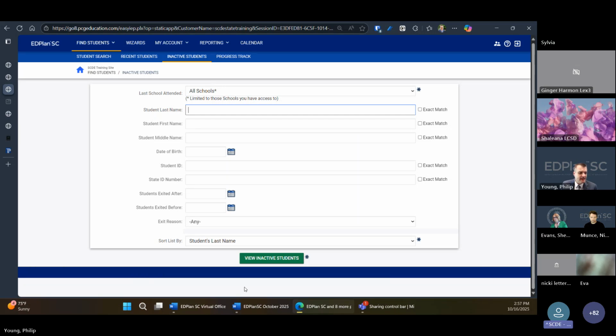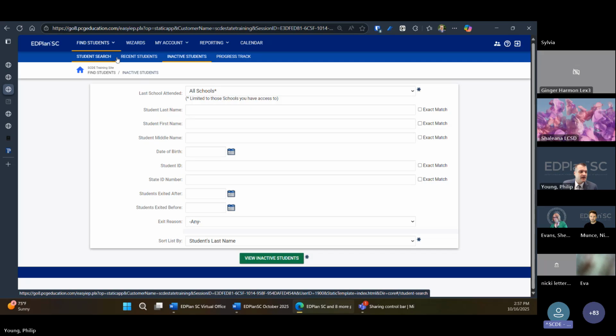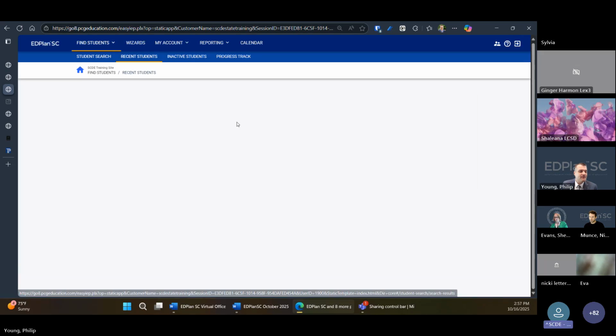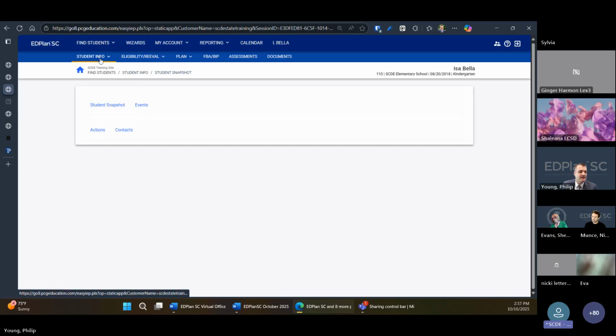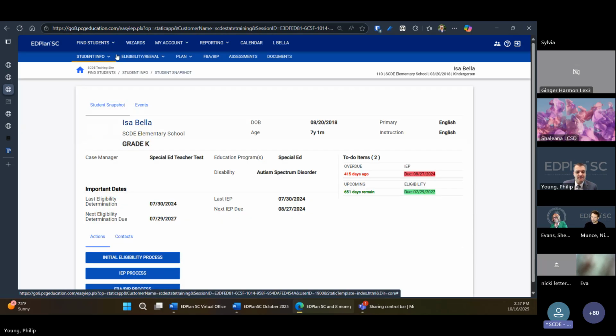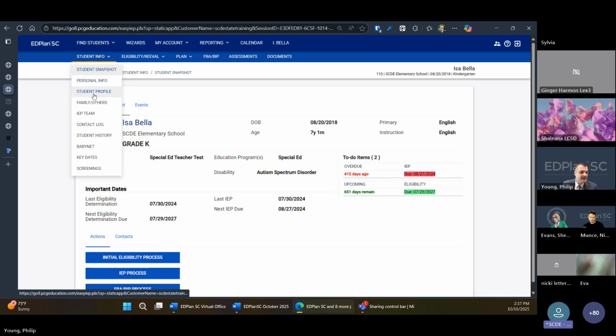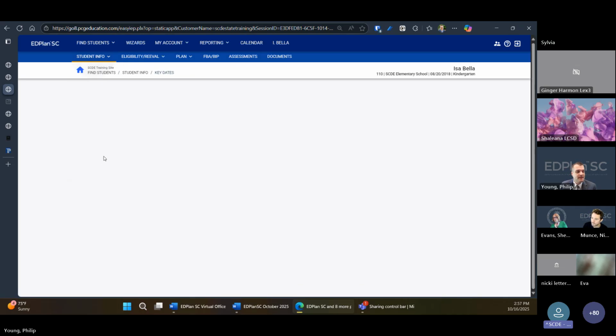I think the other thing I'll point out is the key dates. So this came up in our evaluator webinar. Power users have always had the edit key dates, and they'll continue to have the ability to edit key dates. But we made an update and removed the ability for additional user types to edit key dates. And in that update, we inadvertently removed the whole key dates menu. And so we recently fixed that. And now those level 3 user types have this menu item again, the key dates menu.